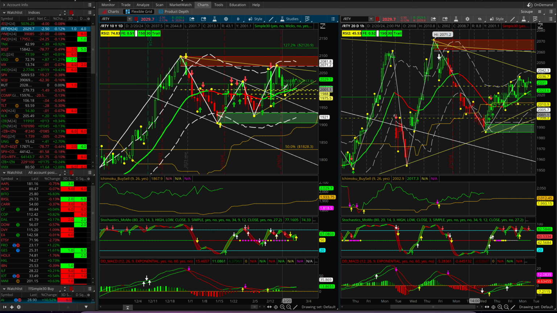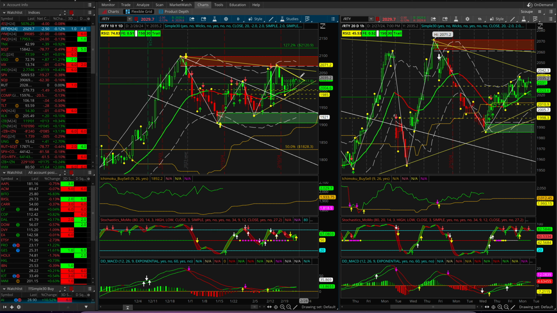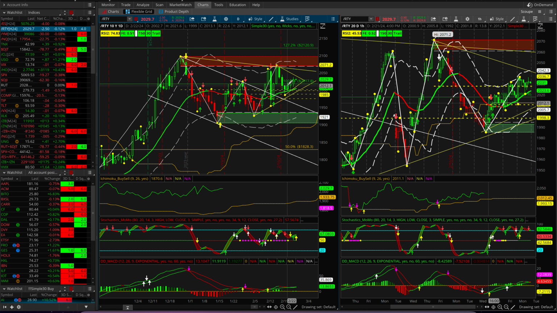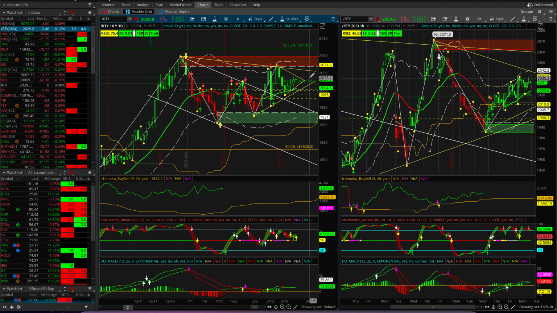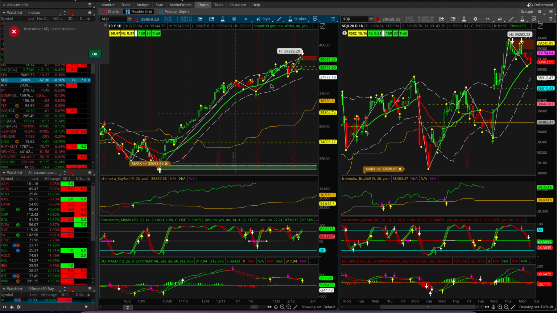Right now, the Russell looks pretty powerful and to the upside, and the Russell is representative of small cap stocks, and small caps are hard for the big players like the big banks and the institutions to get in and out of, because they're not in the highly liquid stocks. So they have to make big moves when they do it. The fact that they're actually making bullish moves right now is pretty indicative of a bullish market and a bullish sentiment. And I think we're to the point where that bullish sentiment is possibly going to get